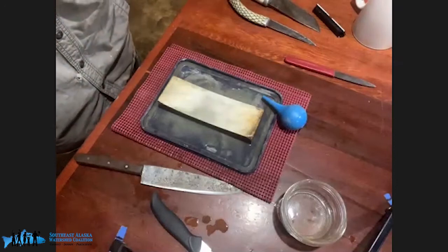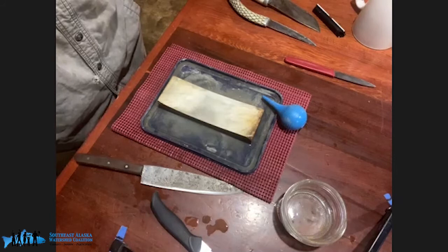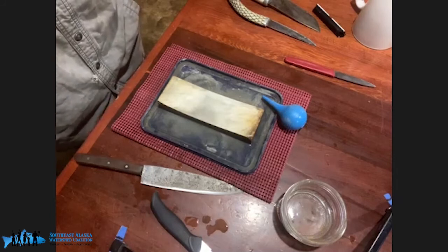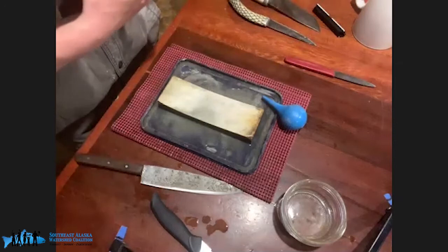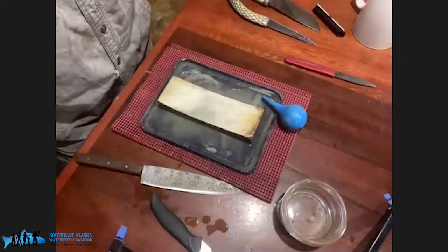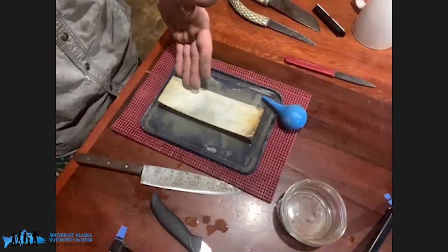I use a belt sander. I actually have a professional belt sander in my shop that's designed for sharpening knives. You don't want to go into your tool shed and grab the manual belt sander and go to town. It just makes it faster for me if I'm sharpening a stainless steel knife. But I still will finish it